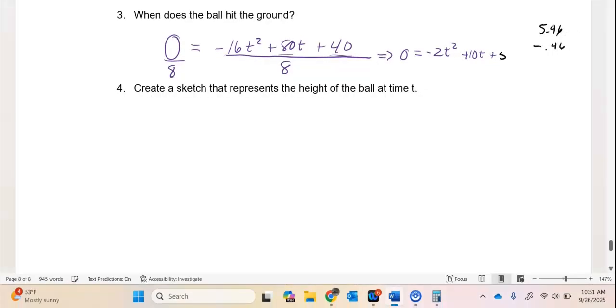There we go. 5. Okay, so again, I can work with this, but I'd rather multiply both sides by -1,